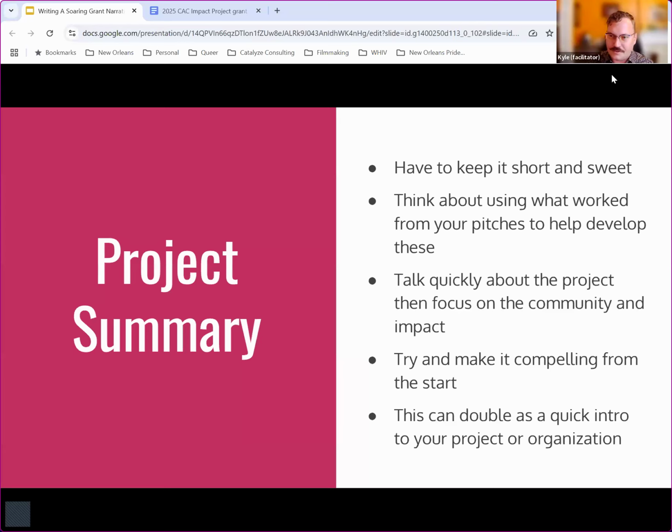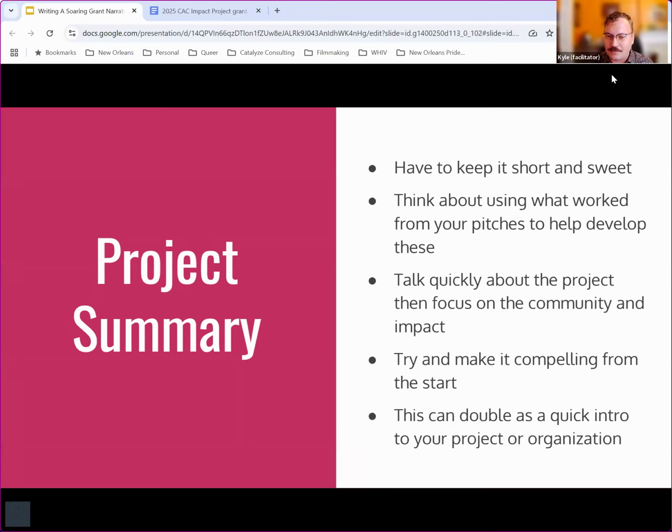So your project summary is the first thing that they ask you for. I think it's 150 words, so you have to keep it very short and sweet. I want you to always think about how it would go if you were to develop a pitch. We're going to have that activity in a little bit. I used to have it earlier in the workshop, now we do it at the end, and so that's why it says think about those pitches you help develop. We're going to work on some pitches, and that's going to help you really think about your project summary.